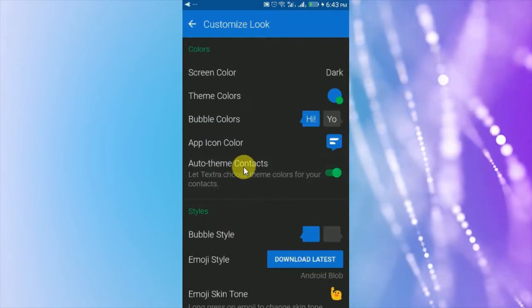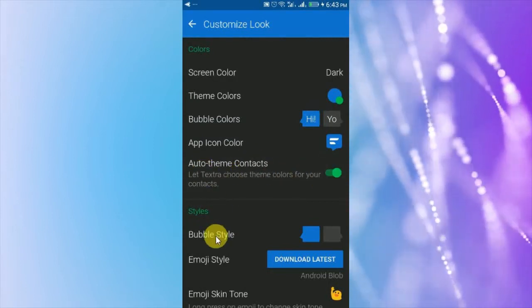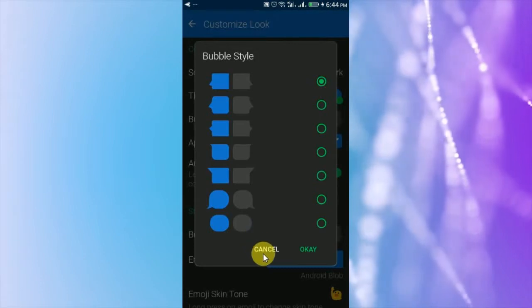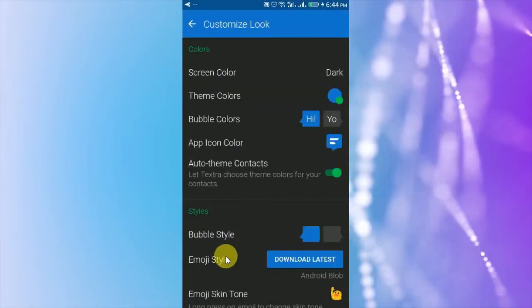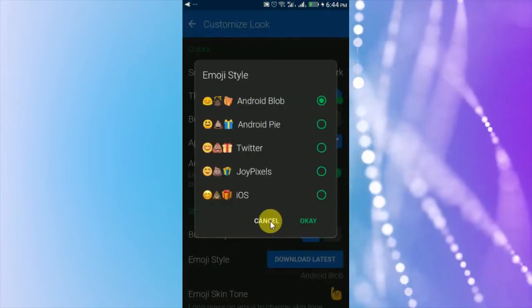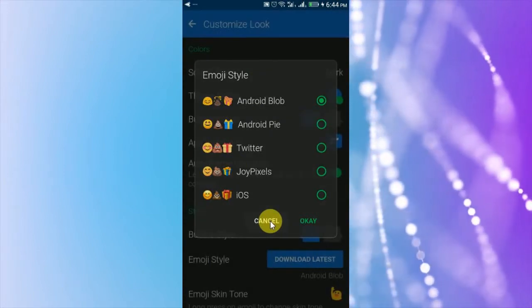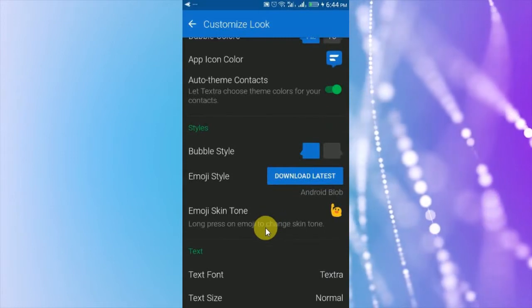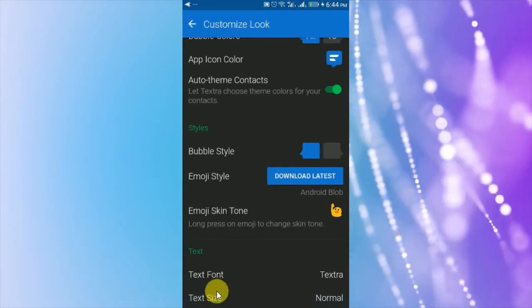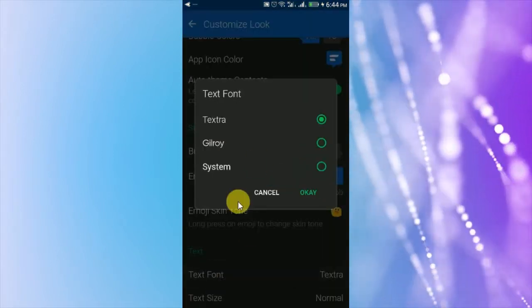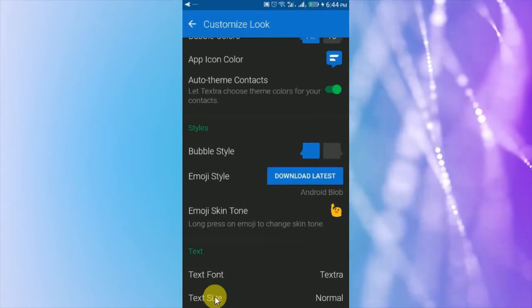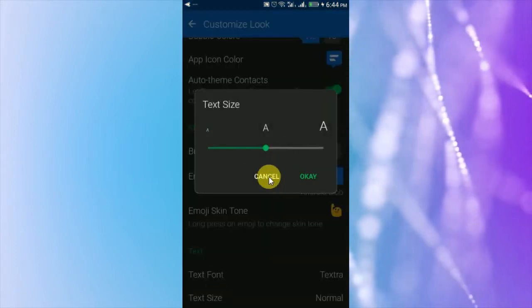auto theme contacts, bubble style. You can change the style of bubble, emoji style, download latest Android Blob, Android Pie, Twitter, iOS, Pixel, emoji skin tone, text font, Textra, Roboto, system, text size, small, big or normal,